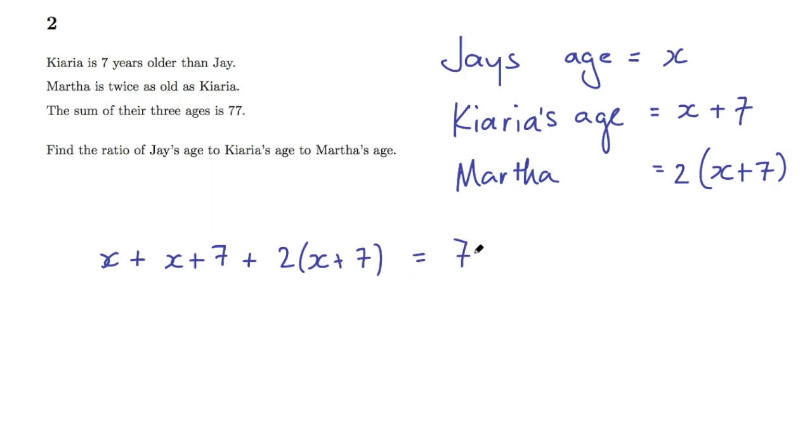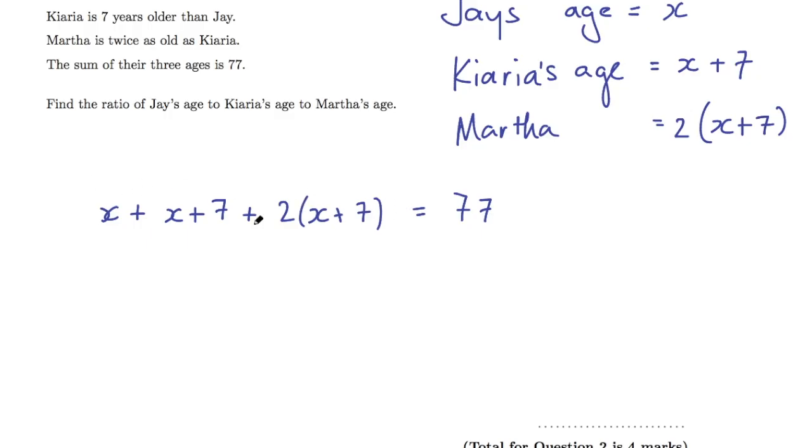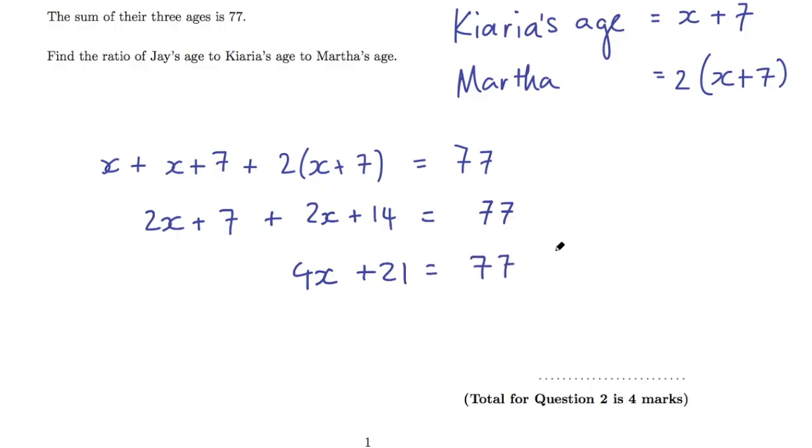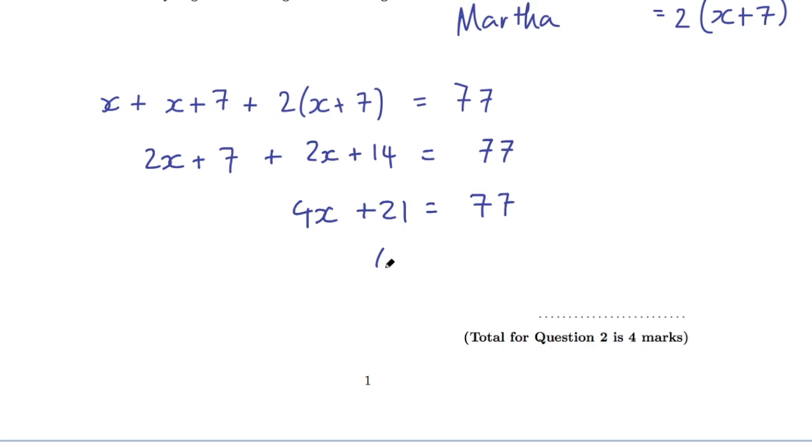and all of that equals 77, and in the end I have one equation with one unknown which I'm able to solve. So let's simplify a little bit first. So over here I've got x plus x plus 7 plus 2 bracket x plus 7, and if I expand these brackets I've got 2x plus 14 equals 77, and then if I keep simplifying I end up with 4x plus 21 equals 77. And then if I minus that 21, I get 4x equals 56, and then x, 56 divided by 4